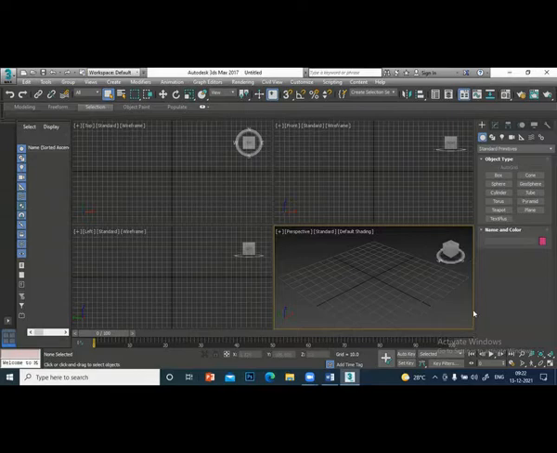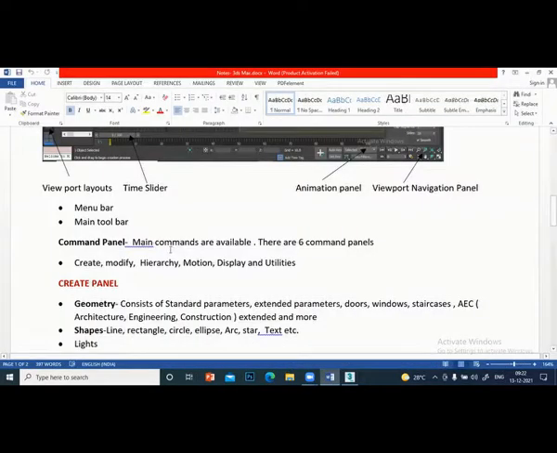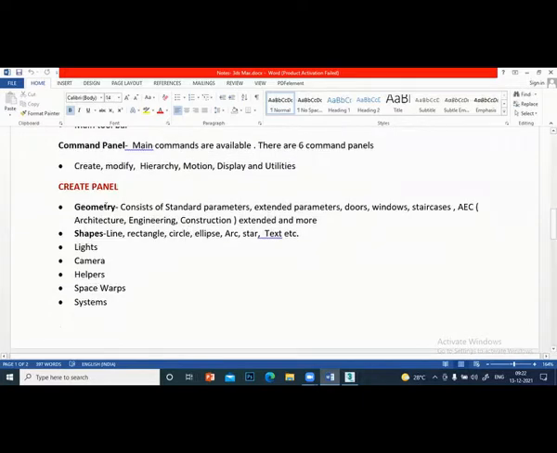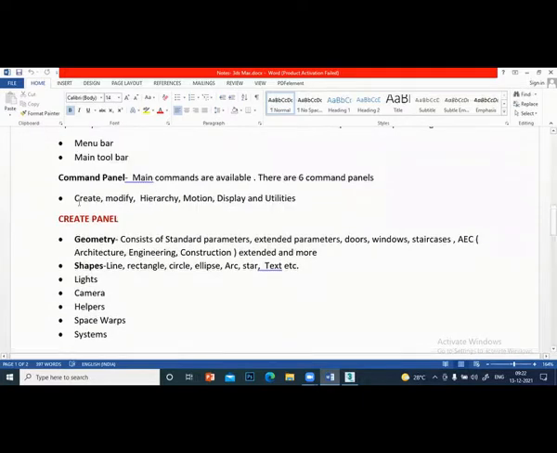I request everyone to take your notebook and start writing all these things. In the command panel, there are 6 panels: create, modify, hierarchy, motion, display, and utilities.